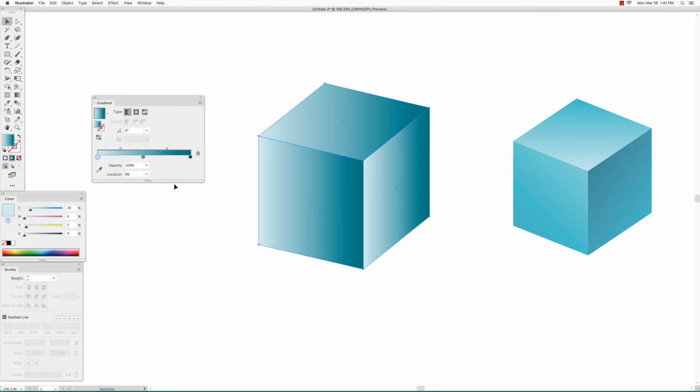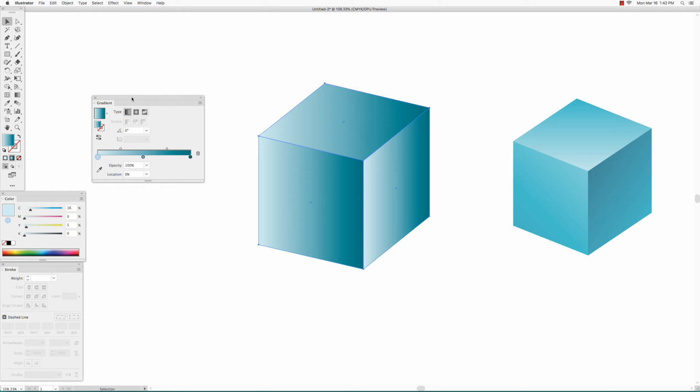be using the same gradient to do both the top side, which is very light, and also this right side, which is very dark, and the left side, which is in the middle. The key to getting a good grade on this is to try to match this as closely as possible. So I want to see that the top side is going from light to medium, and the dark side is going from a medium to dark, and this left side is a medium light to a medium dark, all using